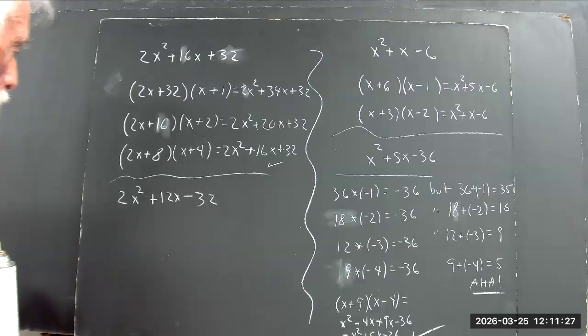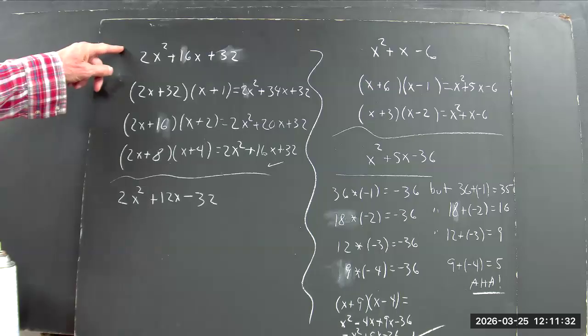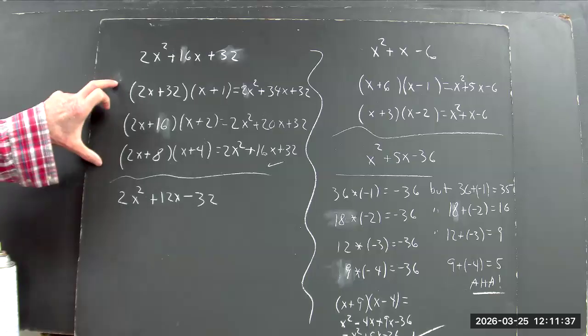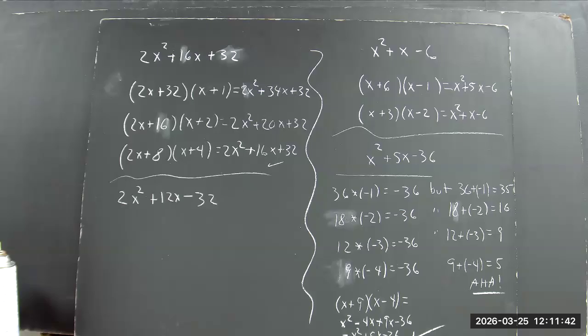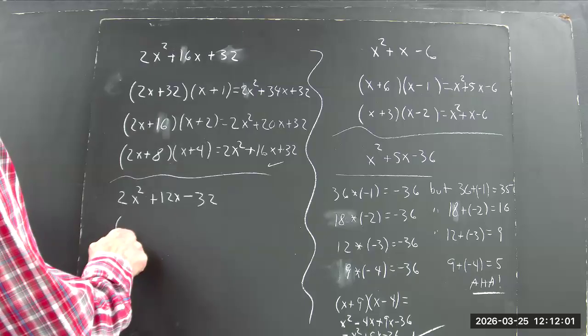Okay, again, we can systematically try factors. And I will comment that on both this problem and this one, we probably wouldn't even do this, because we'd probably factor out the 2. Then we just have a trinomial with leading coefficient one inside the parentheses, and we could factor it. But I chose these numbers because they're fairly easy to work with, and they still illustrate what has to happen. So we could try